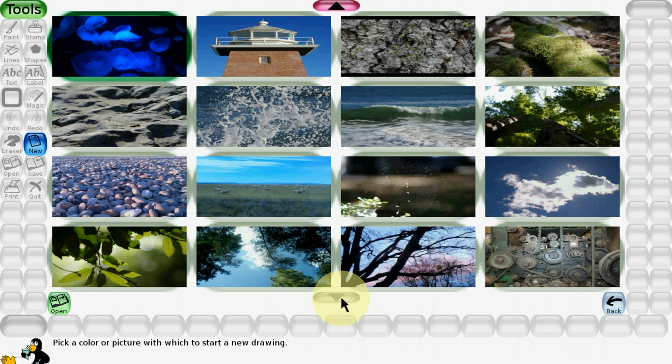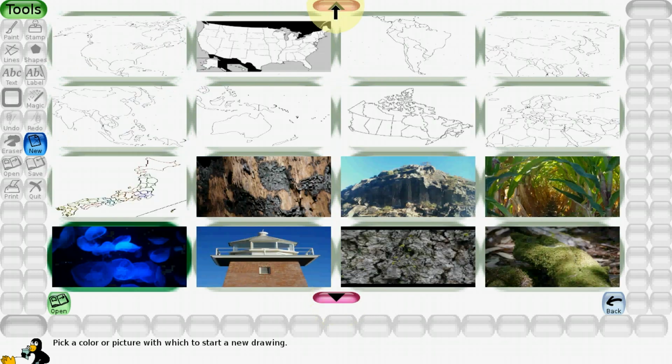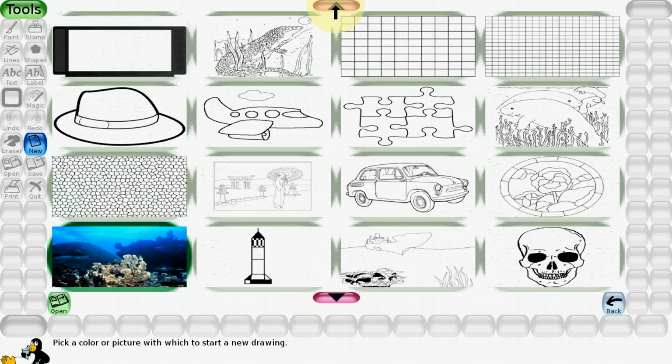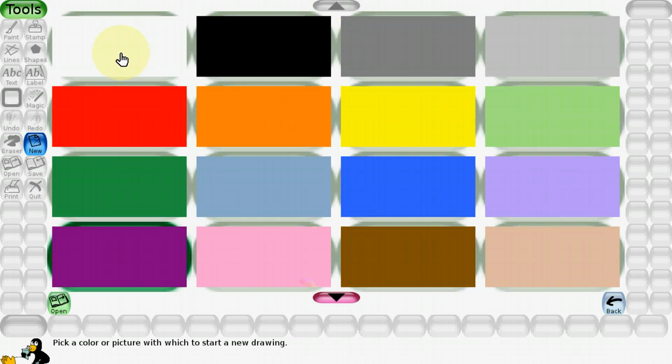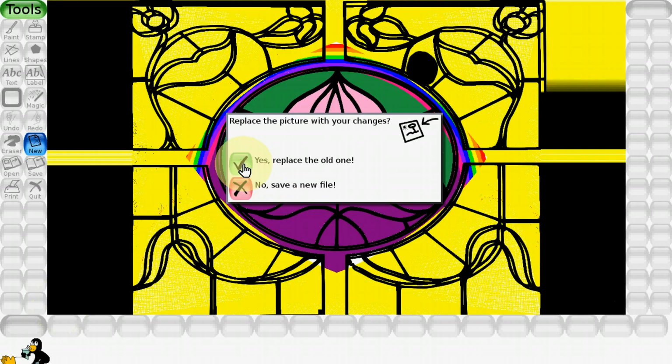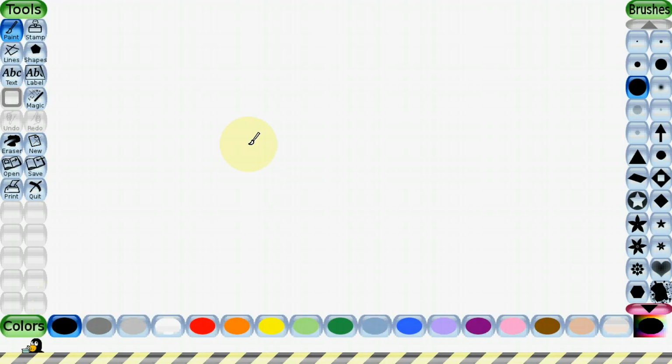See, there are so many pictures. Now I want to use the blank one with a specific color. I want to use a white background, so I will select the white background. Here I have selected white and now click on open. This open icon is here. Click on this button. You will hear some noise when you select these options. Now see, the new file has appeared.